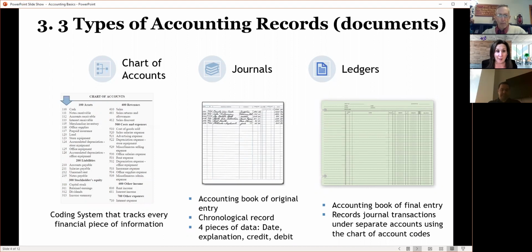So essentially what happens in the process is the transaction is entered into the journal. It then uses the chart of accounts to add its specific code for that particular entry. And then it is posted into the ledger. So it goes from the journal to the ledger by using the chart of accounts. And that's how all basic accounting systems work. Now, of course, there aren't the paper processes that were done a long time ago, and this is all very electronic, but it's still the process that happens in accounting systems.